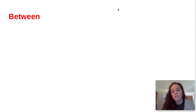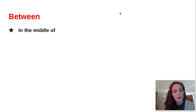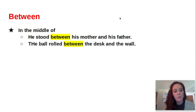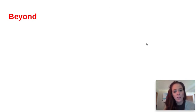Our next preposition is "between." "Between" is used when we are talking about where something exists in space, in the middle of things. He stood between his mother and father. That tells me his position in space. The ball rolled between the desk and the wall. Again, it tells me where the ball is in space. Oh my gosh, that was "between." I love you, "between." That was so easy. Okay,